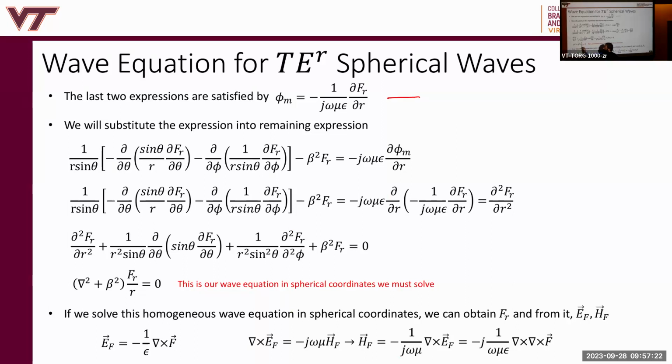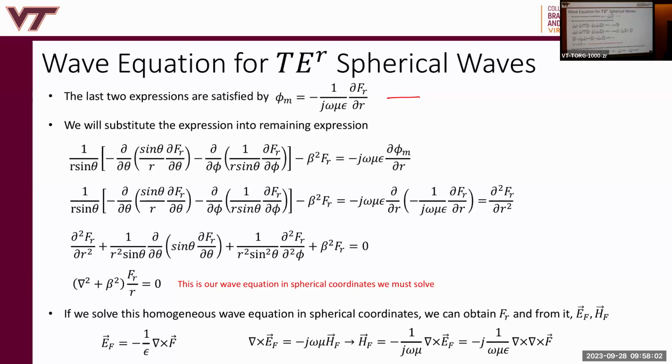Now this is a wave equation we can solve, right? It's a homogeneous wave equation, and it's in spherical coordinates. We've derived it from a vector potential approach, but the construction of that vector potential approach satisfied all of Maxwell's equations. Therefore, this wave equation is constructed on the basis of satisfaction of Maxwell's equations, and is represented in spherical coordinates. The solution of this differential equation gives you FR. Once we have FR, we can take the curl of it and multiply by 1 over epsilon, and we can get E, right? That E that we get is a special set of modes or field solutions that are transverse electric to R.